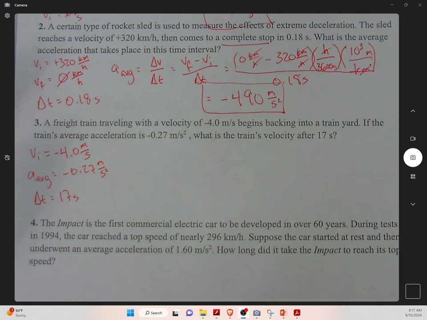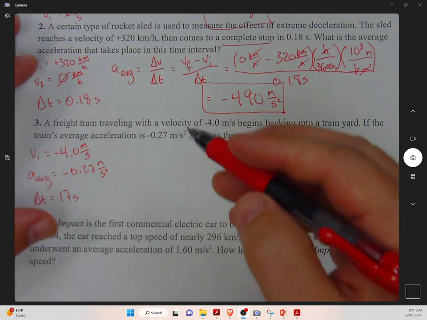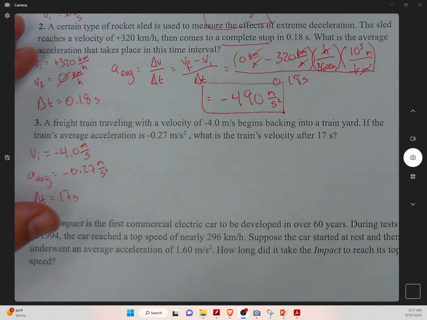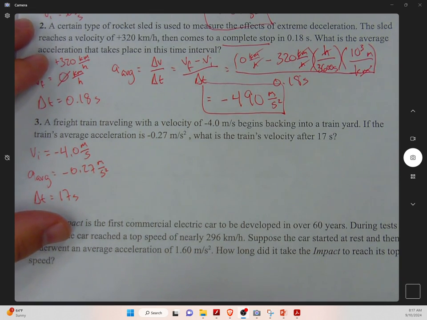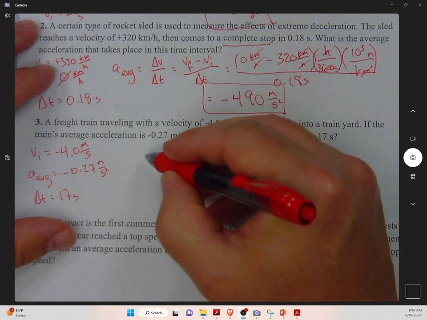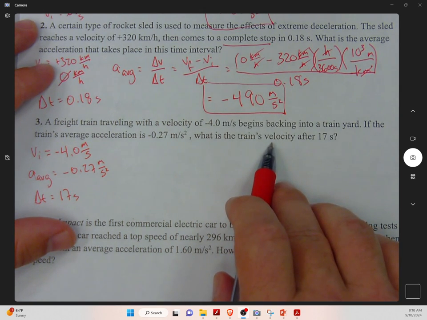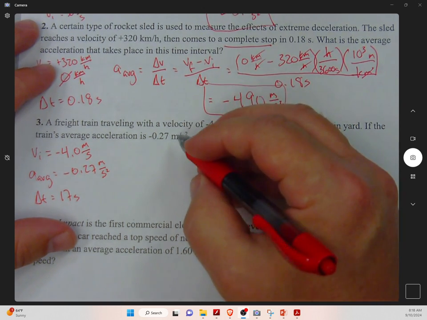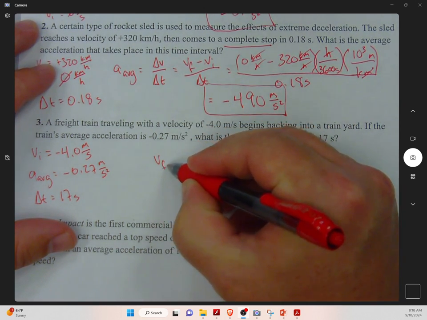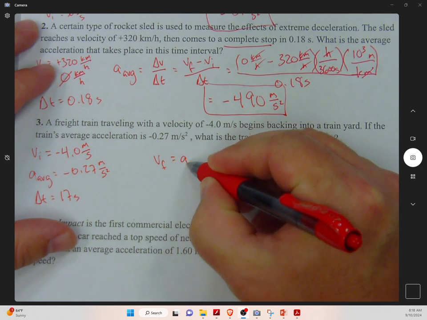Alrighty, let's see. All right, so for this one, we're actually going to start to use one of the kinematics equations, but we're going to use a rearranged version. We're going to solve for final velocity. And so I know that final velocity is equal to the average